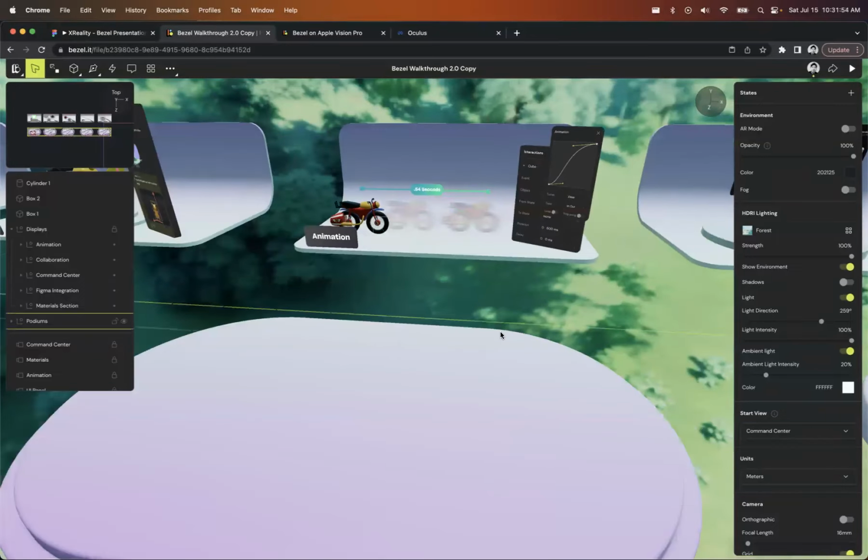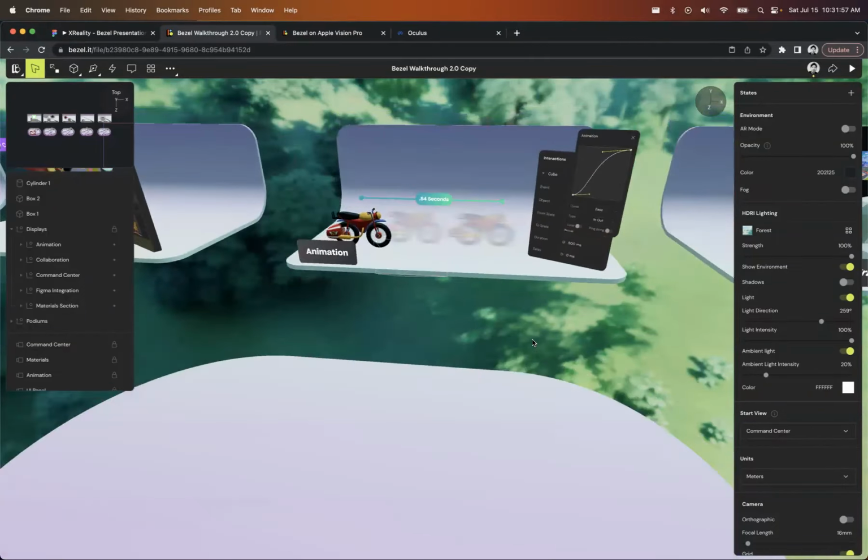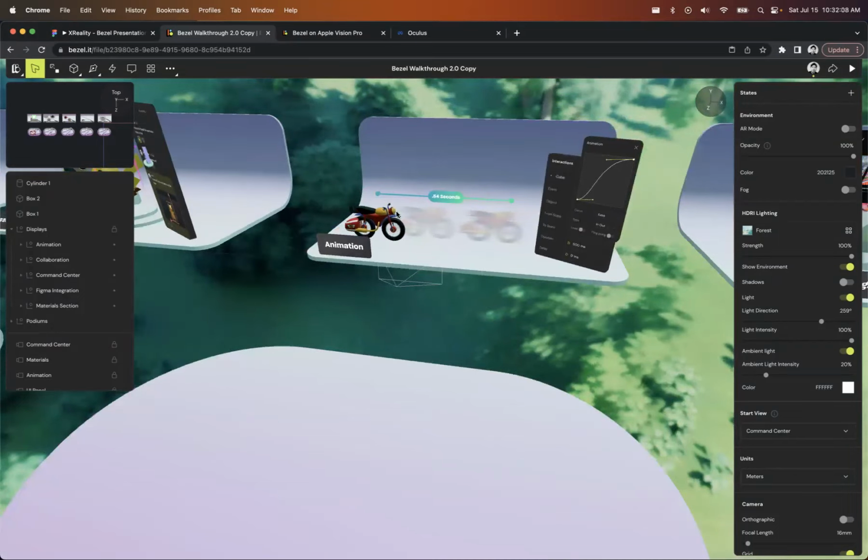Animations. So animations are a very important part of 3D experiences and spatial experiences, right? I mean, even for 2D apps, animation provides a lot of delight for UIs as well. But if we have